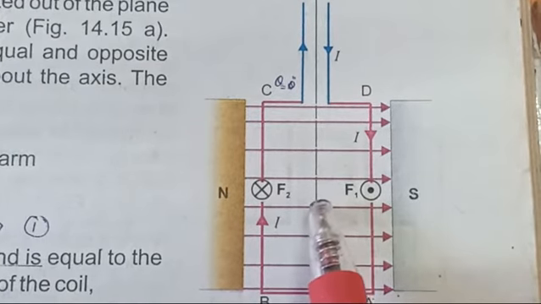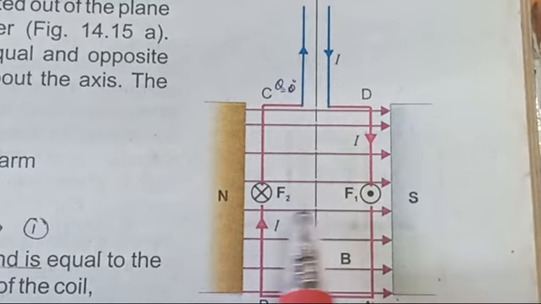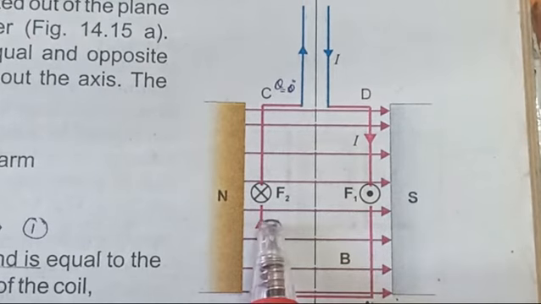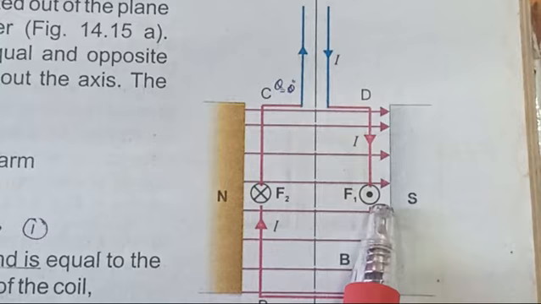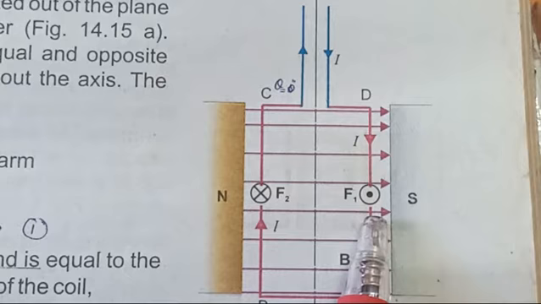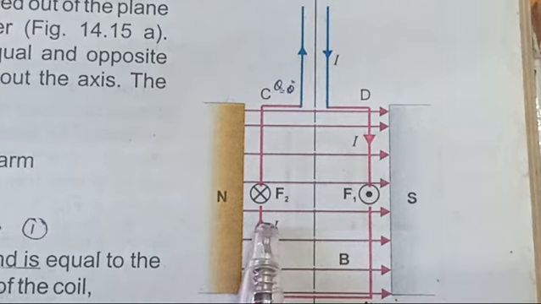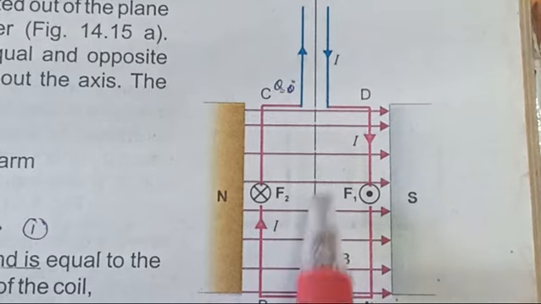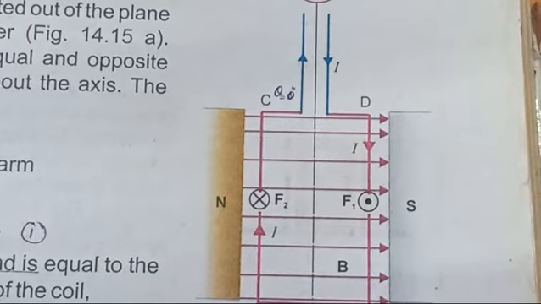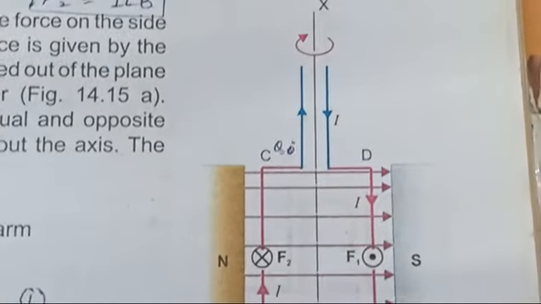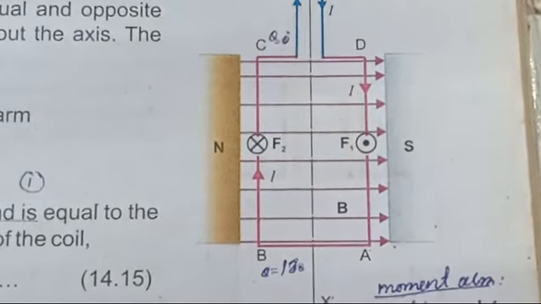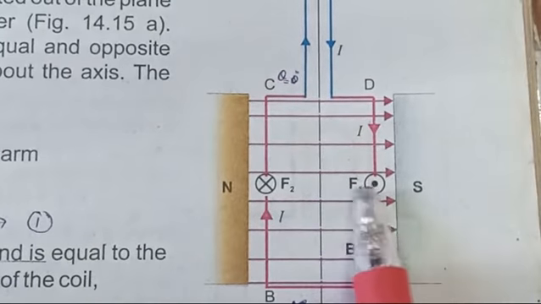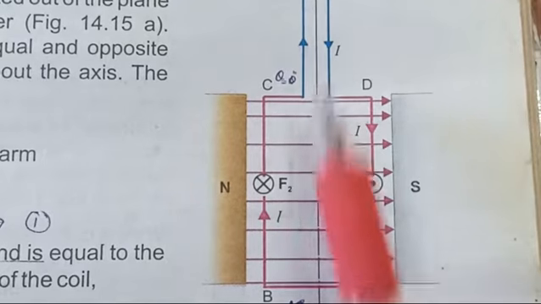And this coil is capable of rotation. It can rotate, okay, it can change its sides. If the F2 side is perpendicular on the upper part and the other side is in the downward direction, then in the next rotation the second side comes upward while the first side goes to the downward direction. It is capable of rotation about any axis. So this center line is the axis. It is represented here as x and x dash, right? This rectangular coil is capable of rotation about the axis represented by x and x dash.